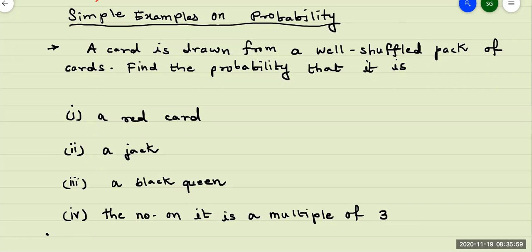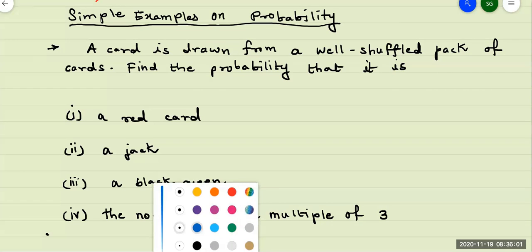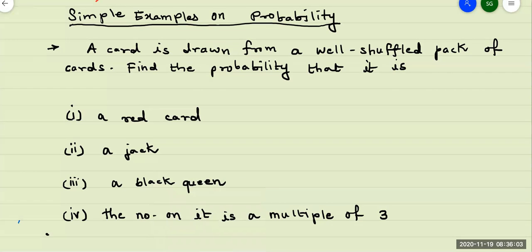Now, when you are looking at the question, as I told you, look at the experiment first. So here the experiment is one card is drawn from how many cards? A well-shuffled pack of cards. This knowledge you should have, that it means 52 cards are there in the pack. So one card is drawn. So my experiment here is one card is drawn